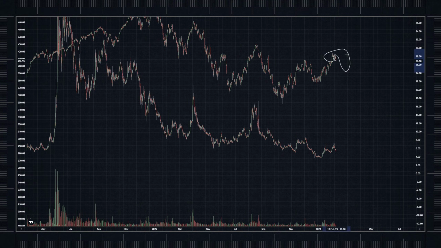So that's important to remember here, if we are entering a bullish market and this is a short-term correction like we've been calling, then this is going to indicate that AMC is probably going to start coming back up, even if it doesn't happen here in the short term, right? So let's talk about that.